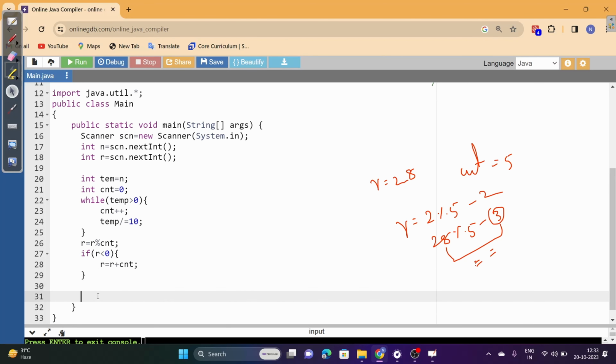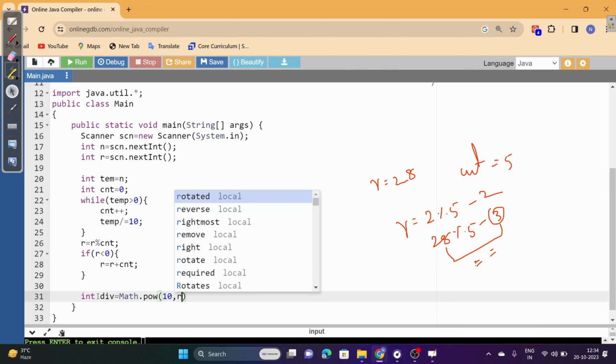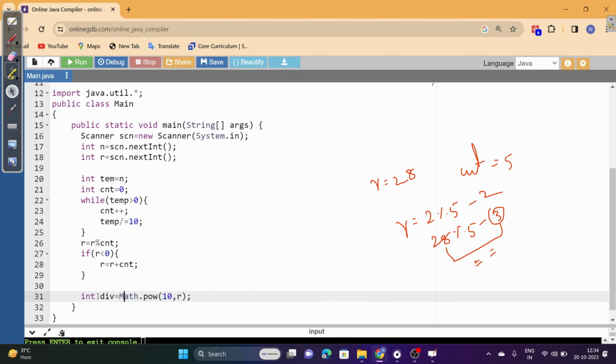First part and second part. So for that I need to declare the variable div. Div is nothing but this variable is containing which number is perfectly suitable when we divide the given number, then we can separate the number into 2 parts. So div is nothing but math.pow(10, rotation), that's it. This power function will give the answer in double format, so I have specified that it is integer as well.